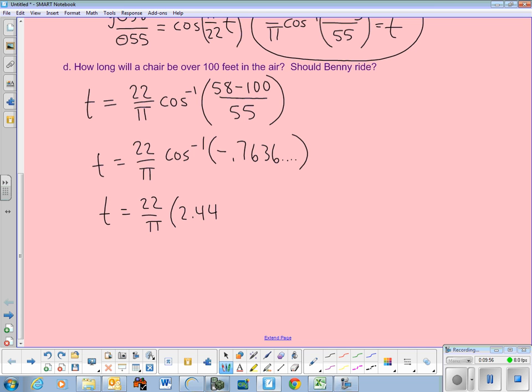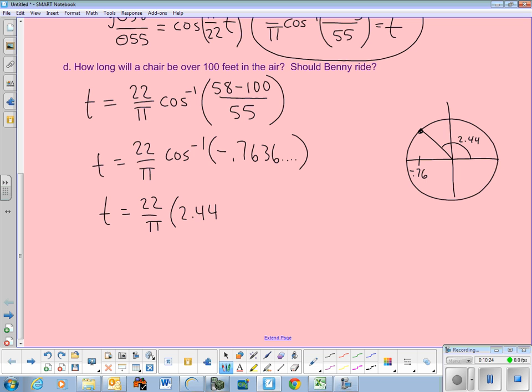Now, think about what you're telling your calculator. You're saying, calculator, tell me when my x value is negative 0.76. So here's our unit circle. Here's negative 0.76 in the x direction. And the calculator gave you 2.44, which is here. That's, think about it, the top of the circle is pi, which would be 3.14, so we're not all the